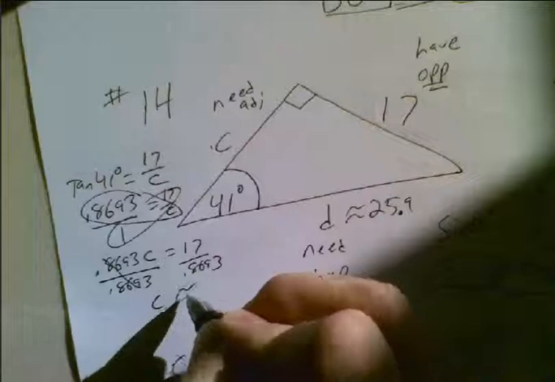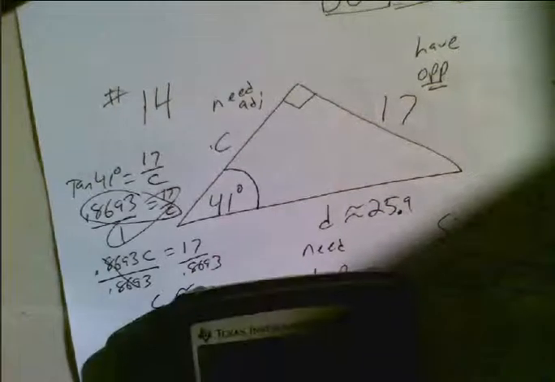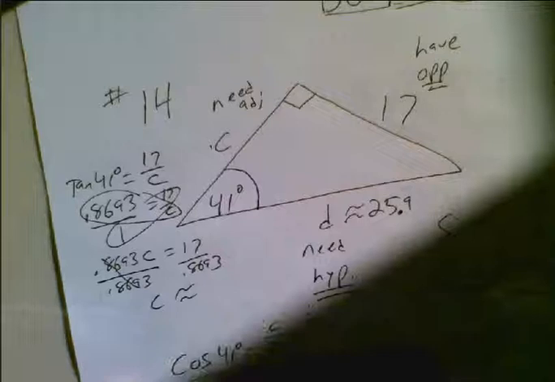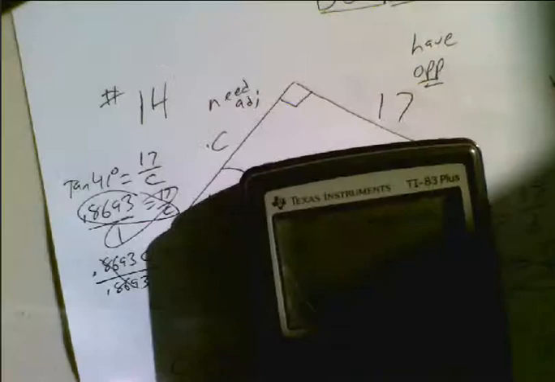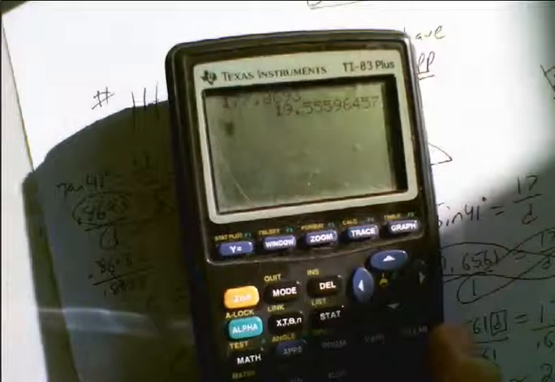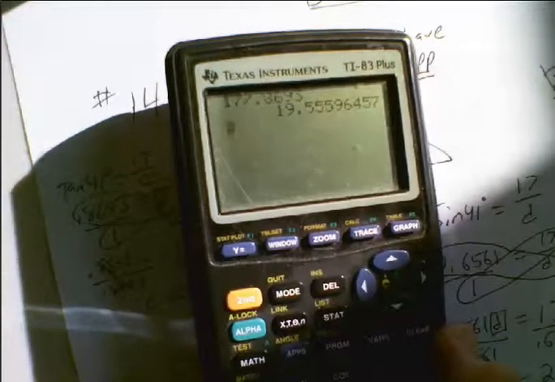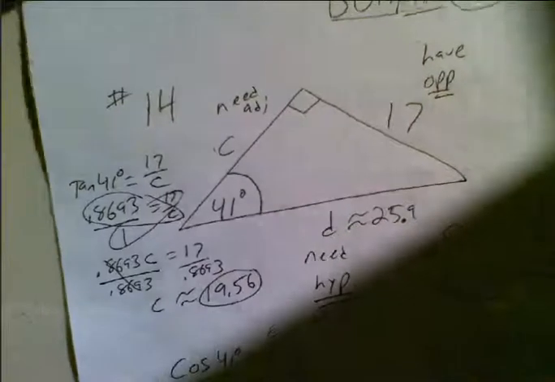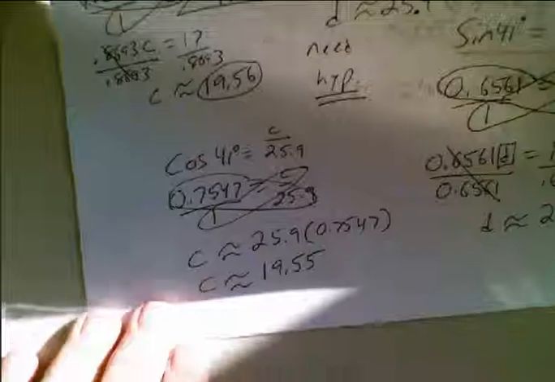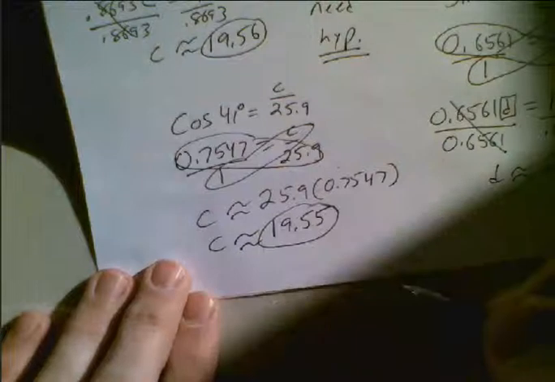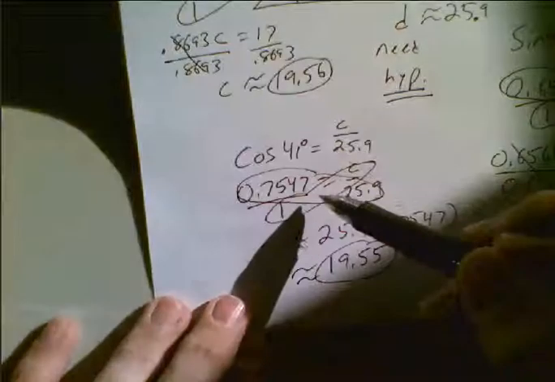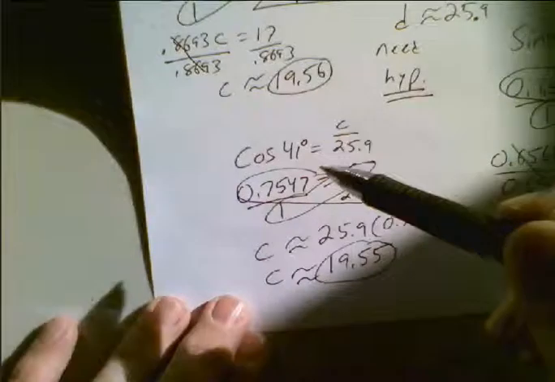And I get C is approximately, let's see, 17 divided by 0.8693. Let's see if we can get that in there. 19.555. So 19.56, which is very good news because that's exactly what we got. Or not quite exactly, I guess, right? Depends on how you round it. 19.55, 19.56. Again, it all depends on how you round your stuff when you do your tan 41, cosine 41,